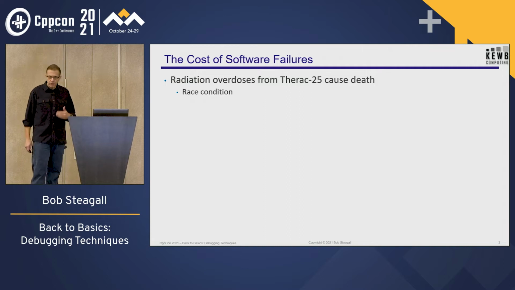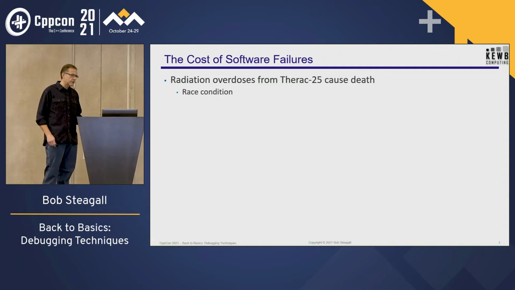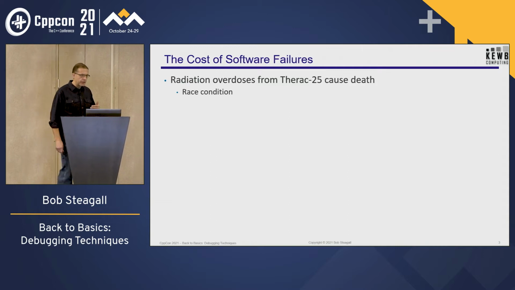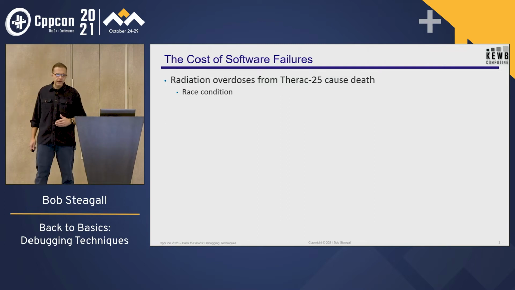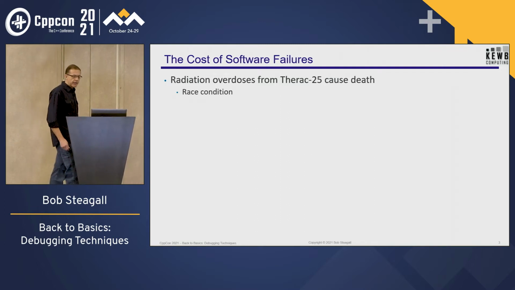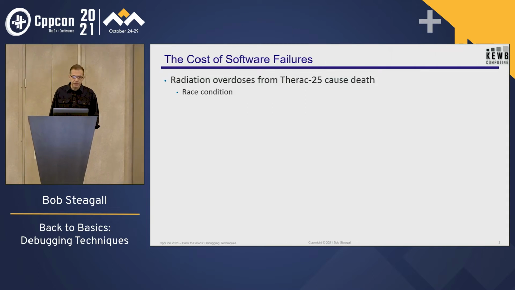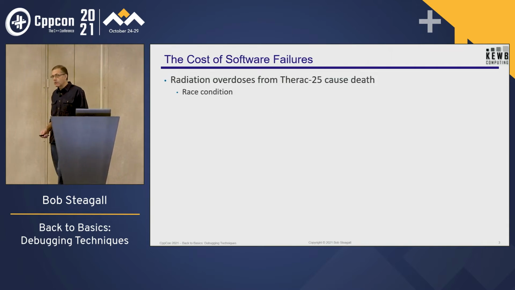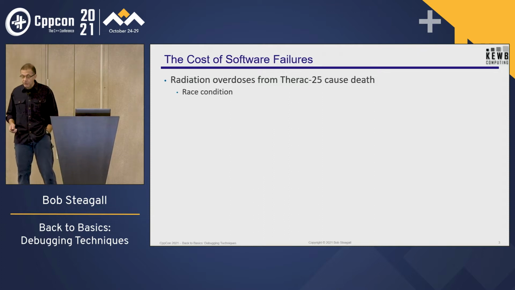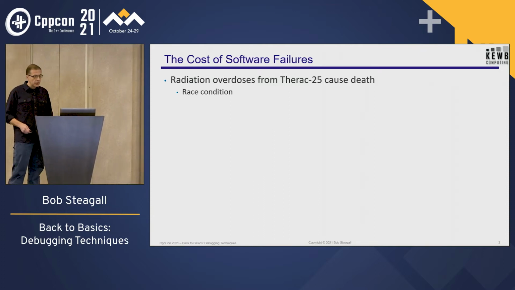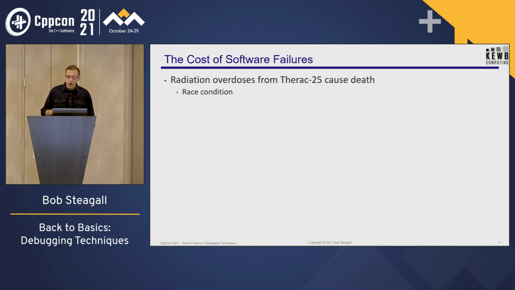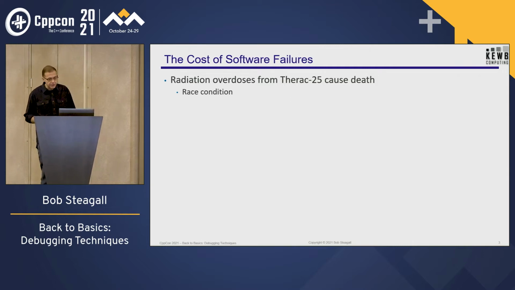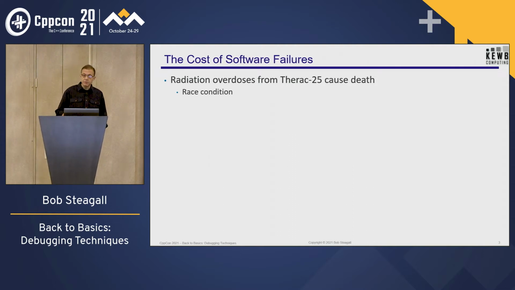I've also shown this slide before. I won't linger on it too much, but the cost of software failures has direct and sometimes tragic impact on people. In the 80s, there was a device called the Therac 25, which was produced by Atomic Energy of Canada. It was a radiation therapy machine. Due to some design defects in the hardware and several software defects that were catastrophic, it was possible in certain situations for people to receive a dose of radiation that was hundreds of times greater than it should have been. 6 people were dosed and 3 people died.